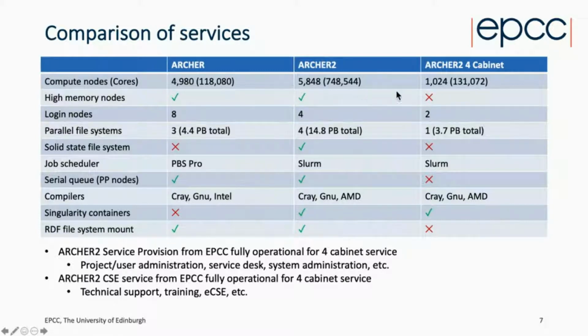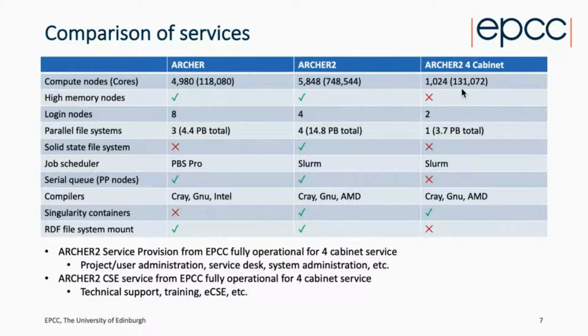implications of the difference, particularly between Archer and the 4 cabinet, is that although the 4 cabinet system has potentially more cores, it has probably about a fifth of the nodes available. So the throughput of the 4 cabinet system, because a node is the minimum unit you can require, is going to lie somewhere between that of the total core count and the node count for Archer. So I think it's going to have less throughput capacity than Archer, even though it's got slightly more cores. But it's not as bad as the 5-to-1 ratio, which you naively assume, because